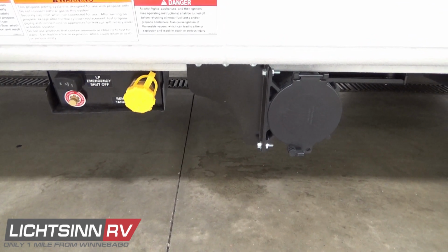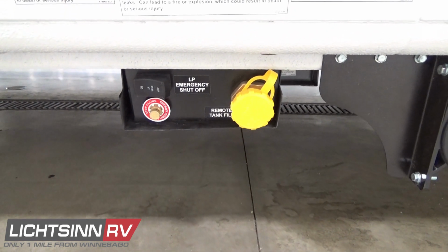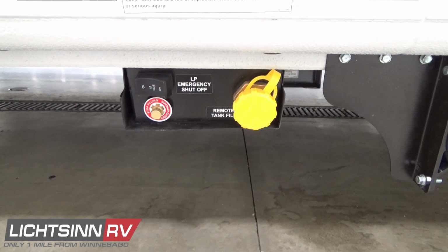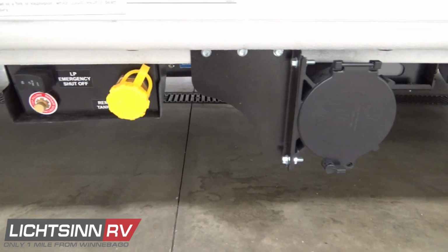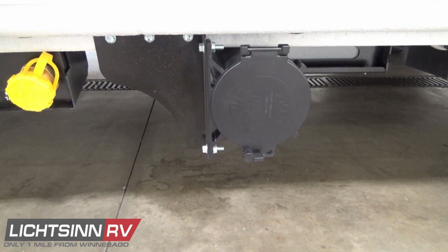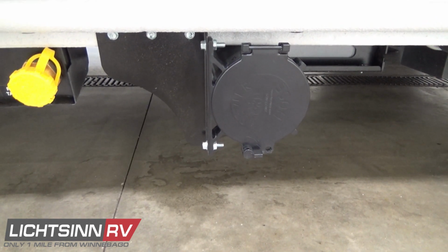You'll see the LP fill valve here for the 6-gallon LP capacity, primarily used for the Truma Combi Eco Comfort Plus continuous on-demand hot water and coach heating system. You'll see a convenient storage location here for your sewer hose holder. And of course, all of the bare metal